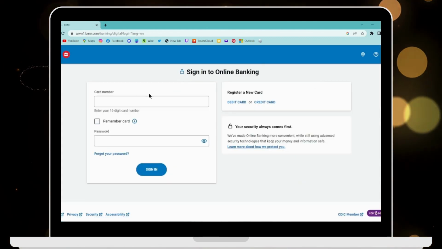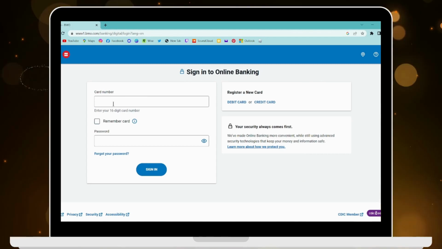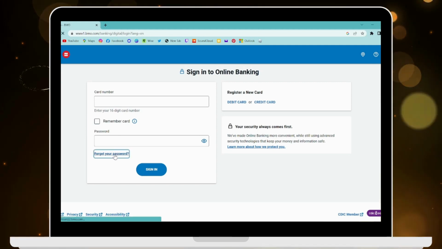Now if you want to log in, then first here on the first blank you have to enter your card number, and your card number must contain 16 digits. And after entering the card number you have to enter your password on the next blank. But if you forgot your password, then you will have a forgot your password option. You can click on forgot your password,